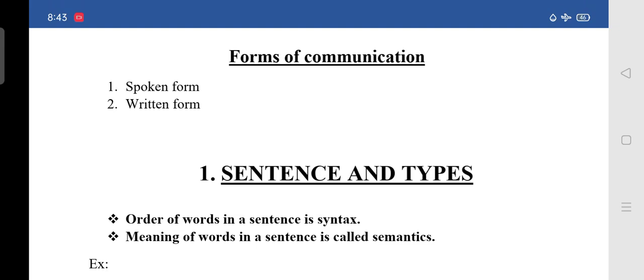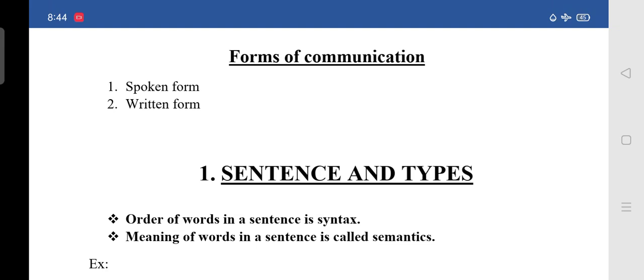And I told you before also that English is used for communication. So tell me, how many forms of communication do we have? Any idea? Yes, we have two forms of communication. So one is the spoken form, means